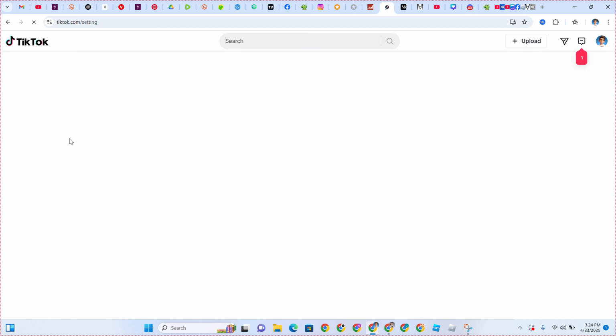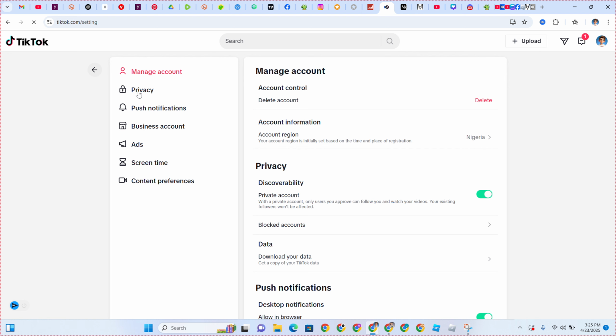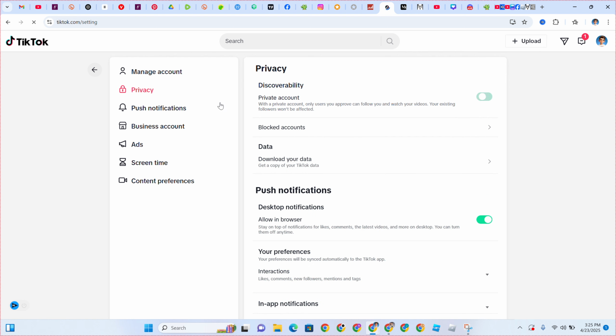can do this. And I'm currently here on my PC, right? So it's a bit like it's clear here, right? So once this has loaded up right now, you're going to see this privacy, right? Click on this privacy. You can see private account here. With a private account, only users you approve, right? So just click on this. If you click on this private account,